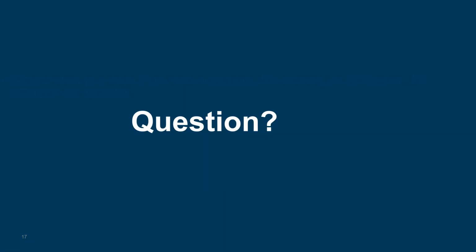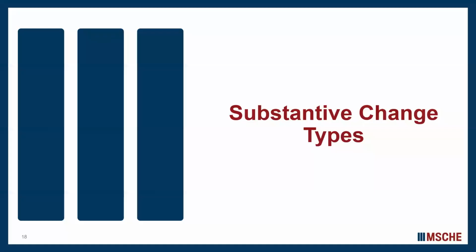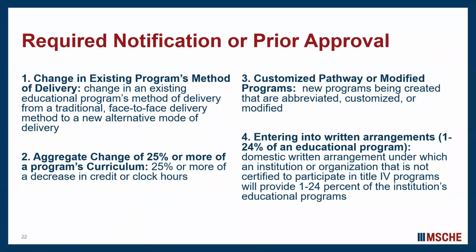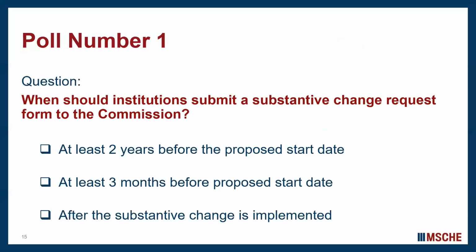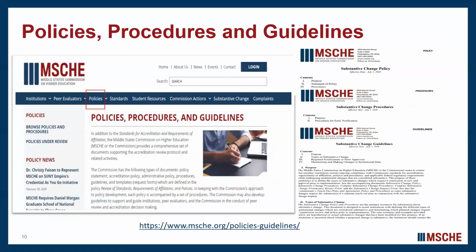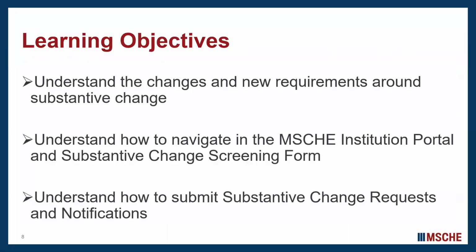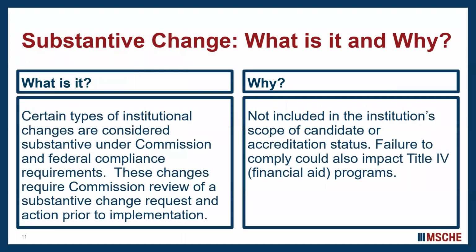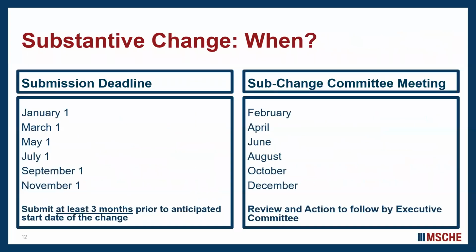Carmela, the one question that came in as well, in your slide 12, you talked about submission deadlines and sub-change committee meetings. And the question is, does the commission have any type of flexibility or expedited process with those dates? So for example, if I do not meet the date, but I need a substantive change to be in, does the commission have an expedited process? In short, no, we do not have an expedited